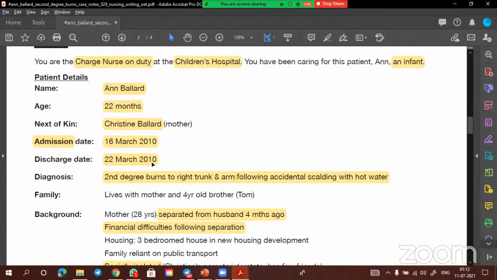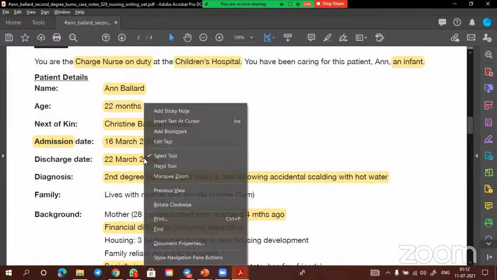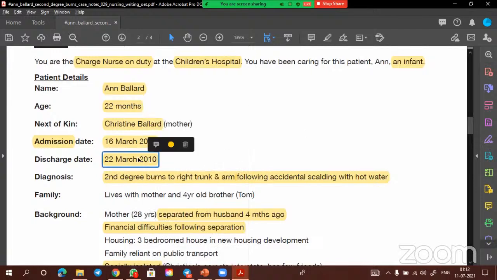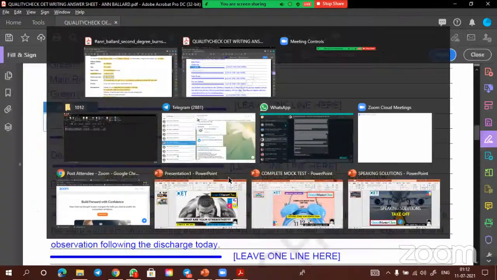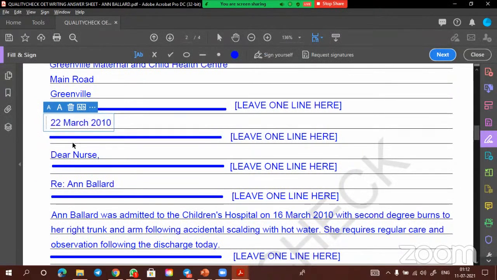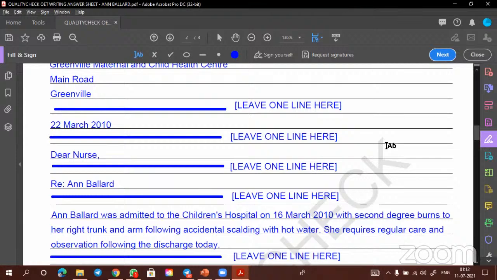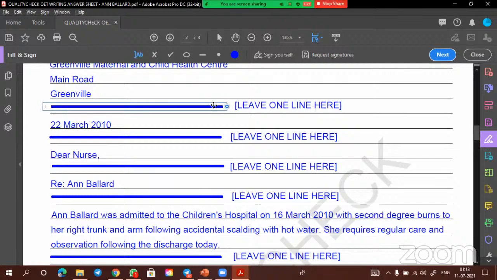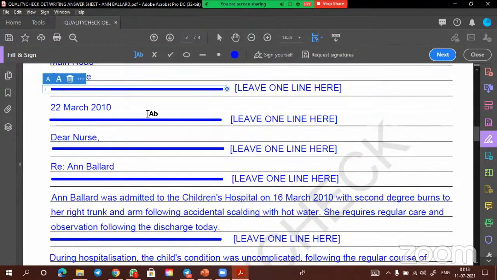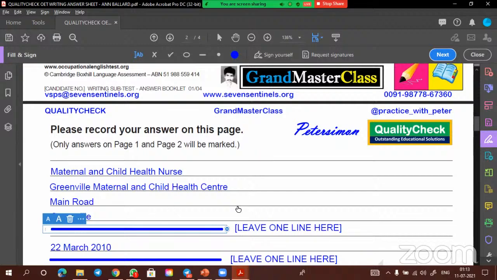So let us take discharge date as 22 March 2010 or you can take copy text. Okay, same date we will take. We don't want to bother too much about this one. Sometimes one day before, sometimes 2 days before. So it will be the same date. You need not worry regarding this one because the date will not have any problem, because on the day of the exam, whatever date it is, the same date you will be writing. And the question paper will be prepared based on that idea only. So no need to worry regarding that. Fine. So that is done. Next.